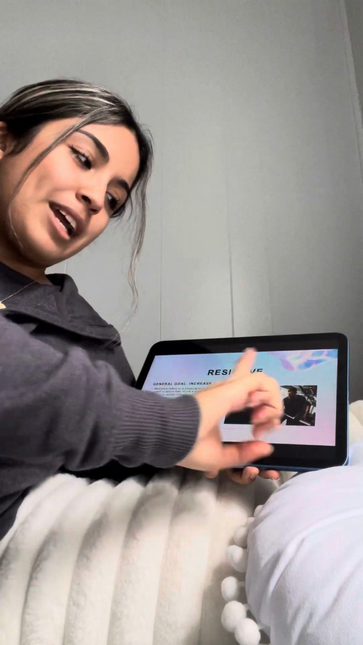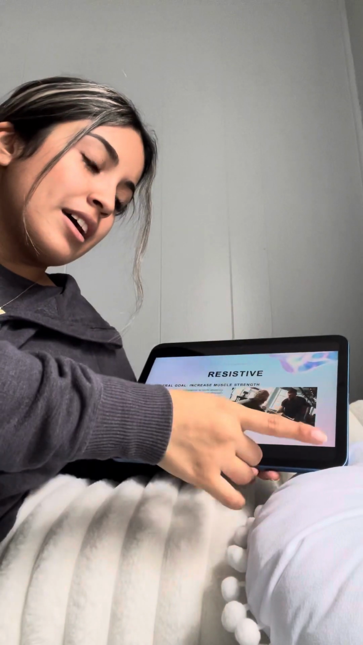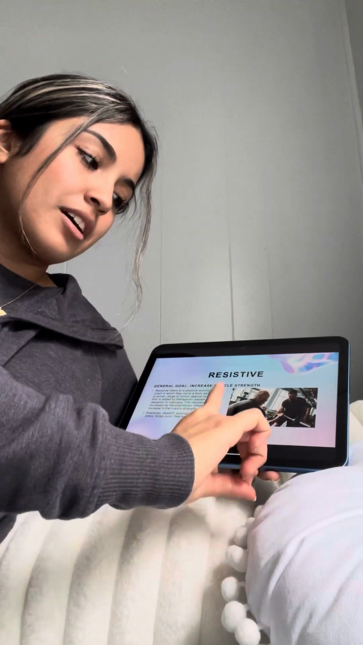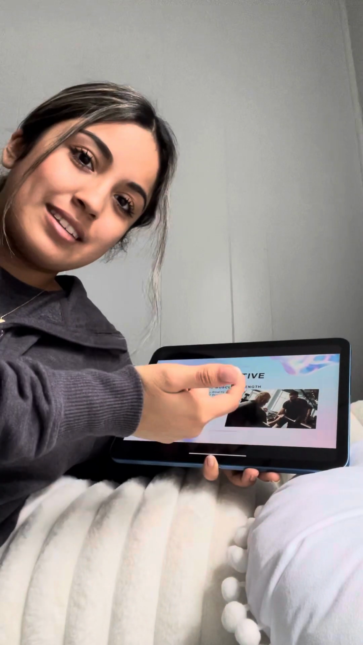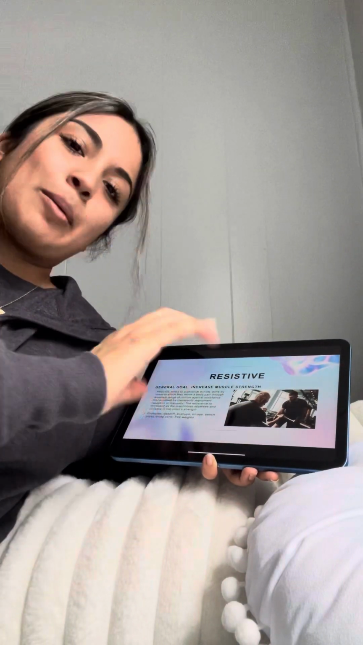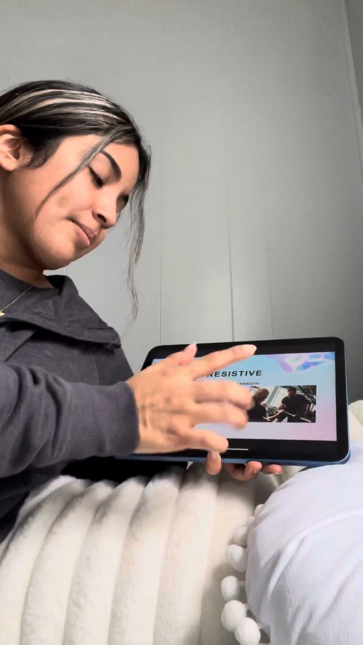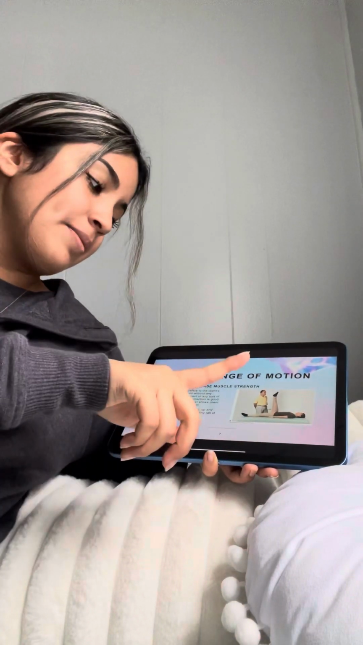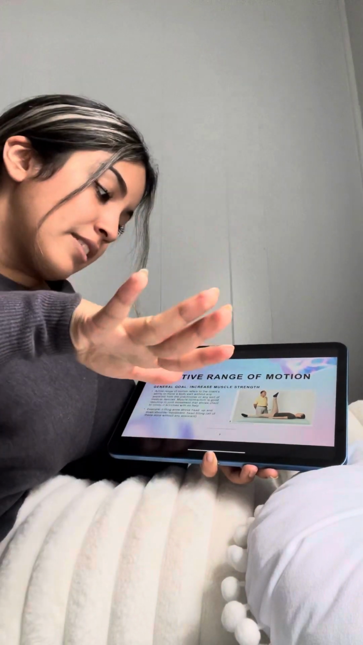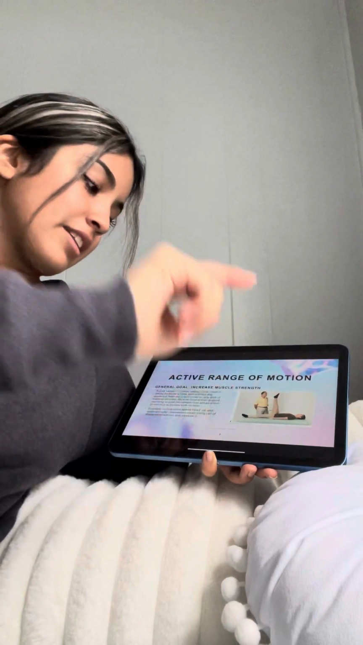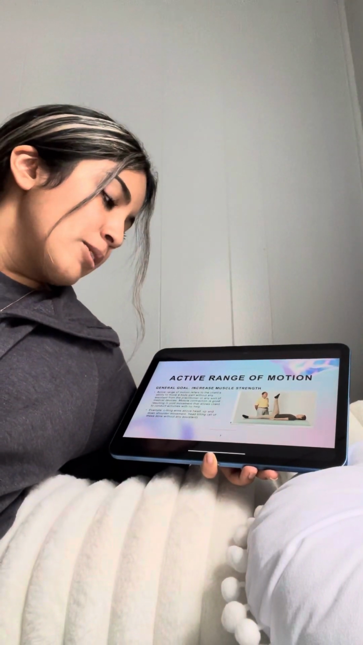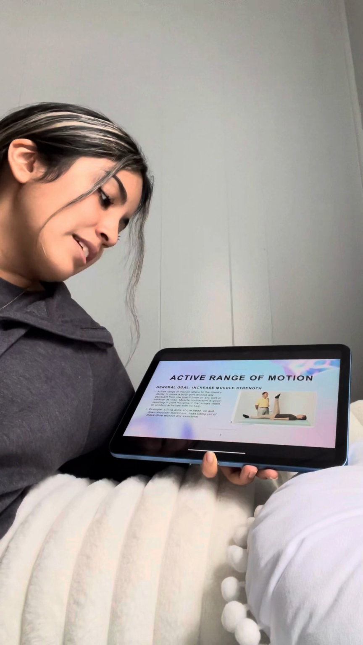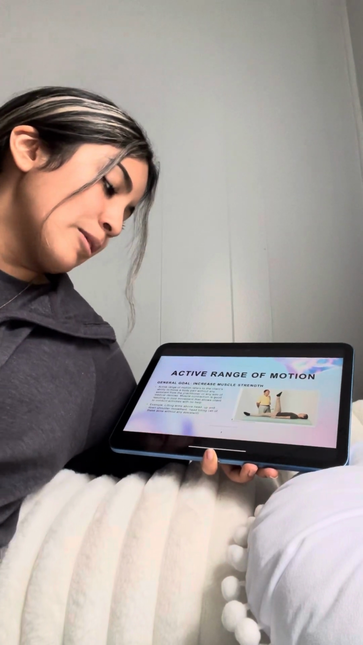And in this image we have a practitioner helping a client to lift weights, and that describes more endurance. So now moving on to the next one, which is active range of motion, which falls under the same general goal of increasing muscle strength. Active range of motion refers to the client's ability to move a body part without any assistance from the practitioner